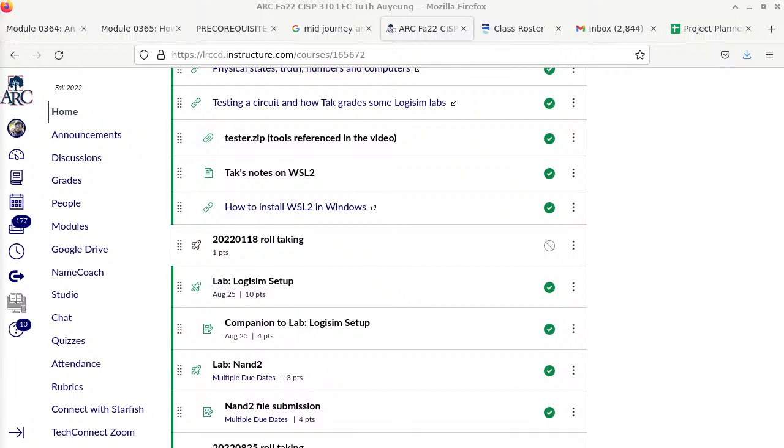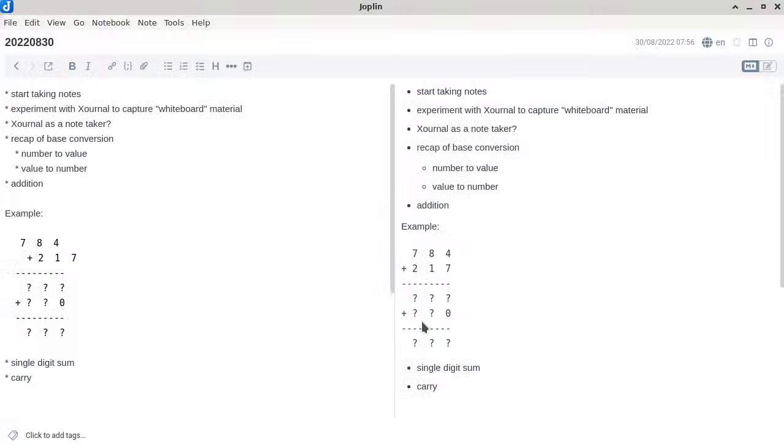And if you guys are interested, we can talk about it a little bit. If not, it's just a little exposure. One tool that I'm using right now is something that I have used in previous semesters. It's called Joplin. So if you want to download this, I think it's